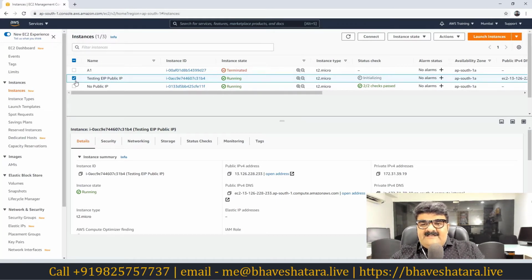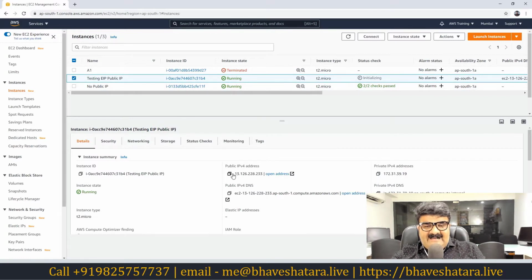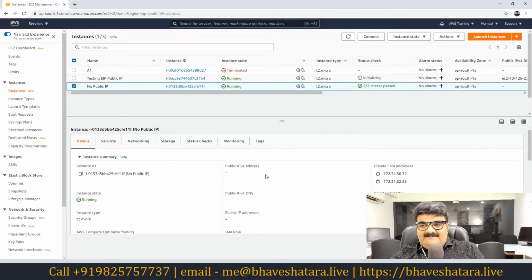See, I have two EC2 instances. One is a testing EIP machine, which is using a public IP. Here we have one with no public IP. This machine doesn't have any public IP, so it means I cannot access it. Now I want to access this machine from my on-premises network. Because it has no public IP, I will be in trouble. So the other way is, my EC2 instance is ready, now I can use an elastic IP. I'm going to assign an elastic IP to that particular virtual machine, the one named no public IP. This is how we can do this.